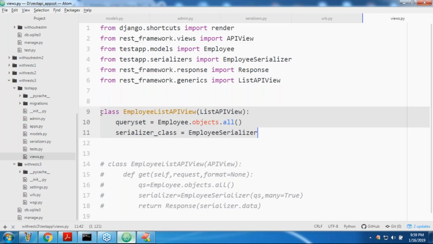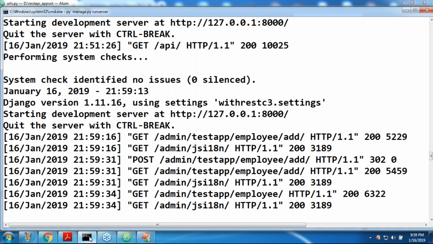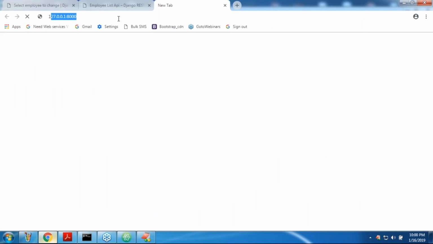Now let me cross check. The server is okay, no problem. Let me send the request, 127.0.0.1/api, like this. Have you observed? Employee list API. How many records are there? The fifth record is coming.